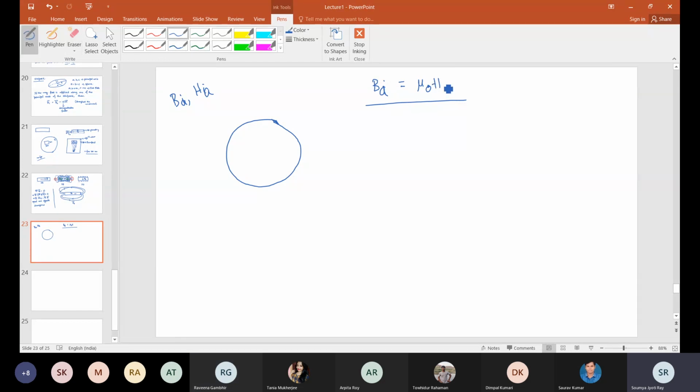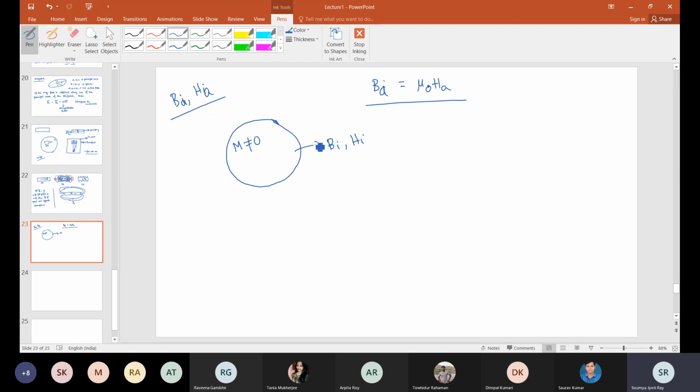So now I keep a magnetic solid and bring it inside this space. The point I'm trying to make is that inside this material, the value of magnetic field or magnetization will not be exactly Ha and Ba. They will be different, and we named them Bi and Hi. Why? Because this material has certain magnetization, and that is affecting this picture. So Bi and Hi will not be exactly equal to these.